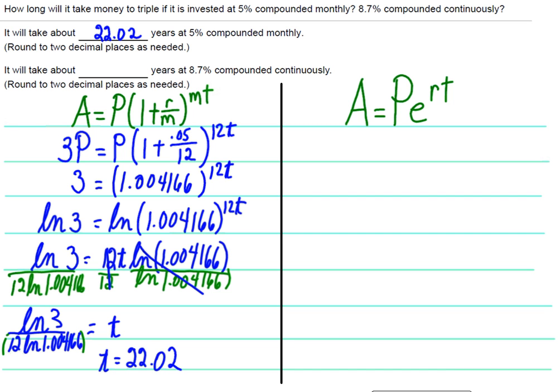Now let's look at compound continuously, which is a different formula. We'll begin the same way. We want to triple the current principal. This time the interest rate is 8.7, so that would be 0.087t. Dividing by P, we have 3 is equal to e to the 0.087t. Taking the natural log of both sides,